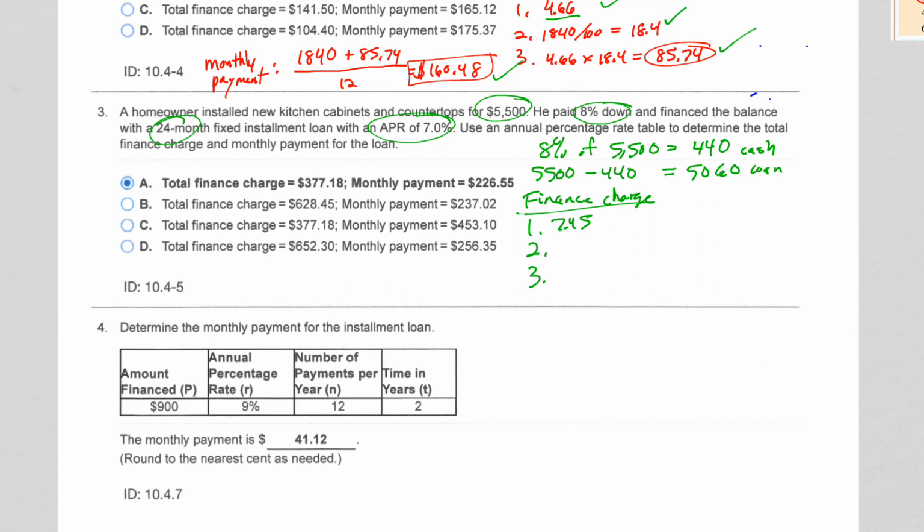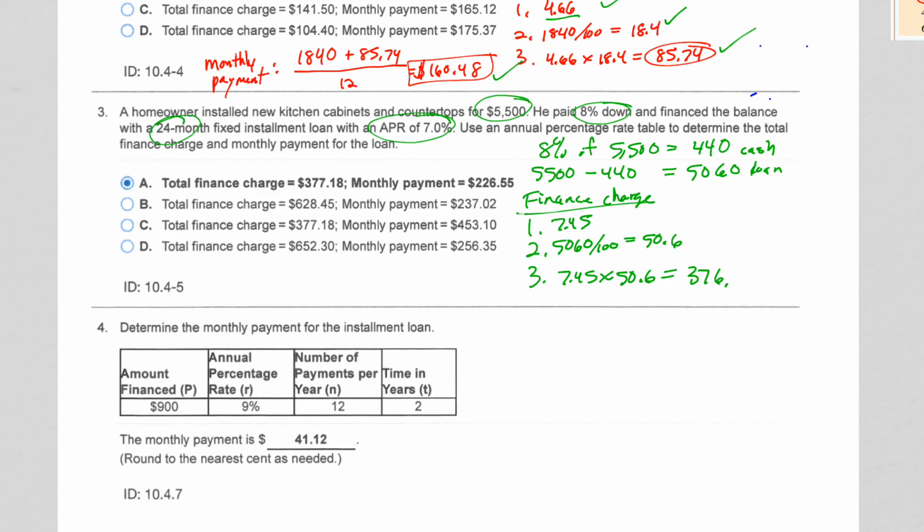And how many hundreds? Well, we're borrowing this much, divided by 100. By the way, this is the loan. That's going to be 50.6. Multiply those two, and we get